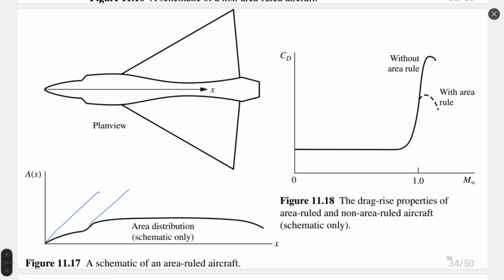How much is this difference? It depends on the complete structure of the airplane because it's three-dimensional and cannot be expressed analytically, but it can be found that an area-ruled airplane could be 30–50% more efficient on transition through the sound barrier than a non-area-ruled airplane. So this is a significant difference. And because of this, nowadays most supersonic airplanes which have to cross the sound barrier are designed according to